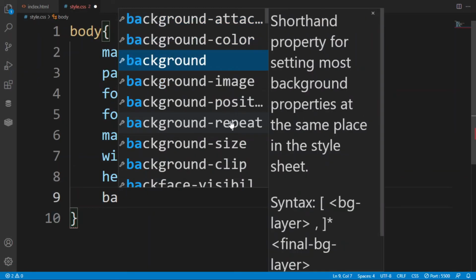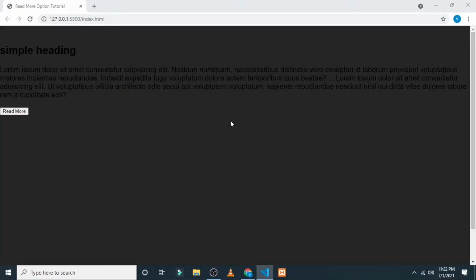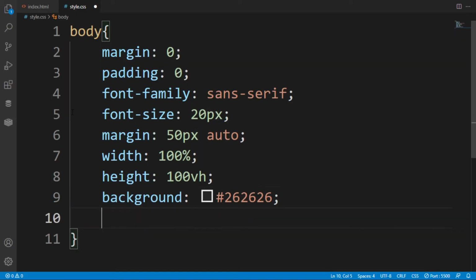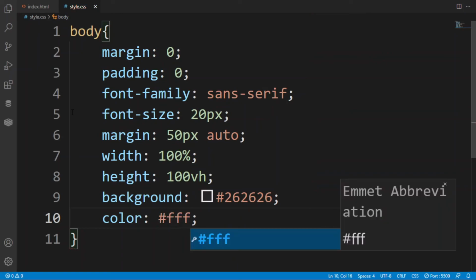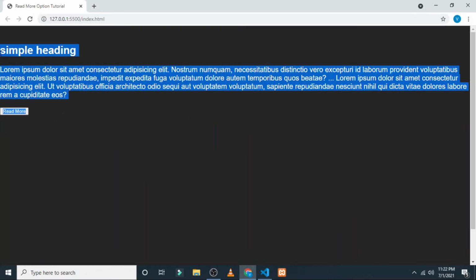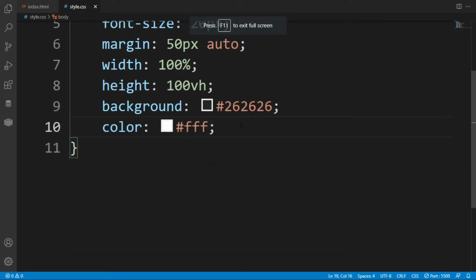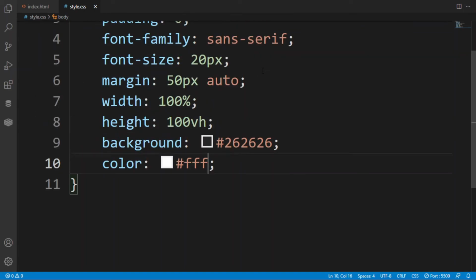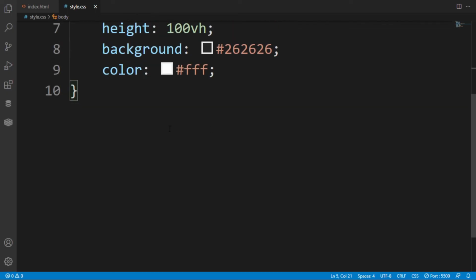Now I am creating the background of a slightly white black, as you can see my content. After this I want to give the color of my text white, so that it will be visible on the black color also. Here after this I have a full screen effect. Now in this style.css, as you can see, there is an error due to the margin of 50 pixel. It has shifted upward. So cut this part and leave it.